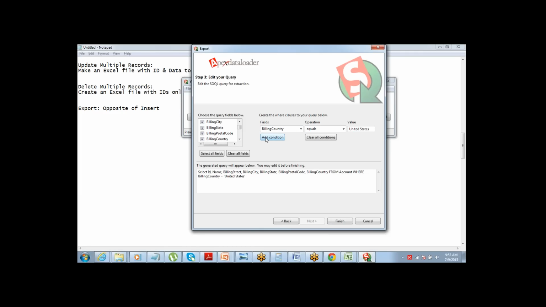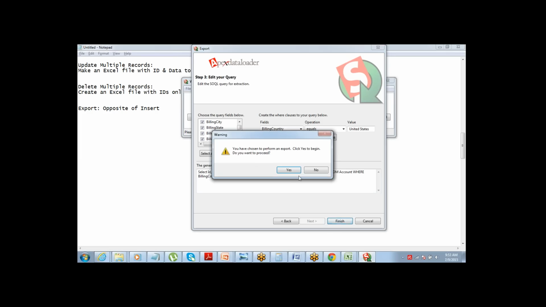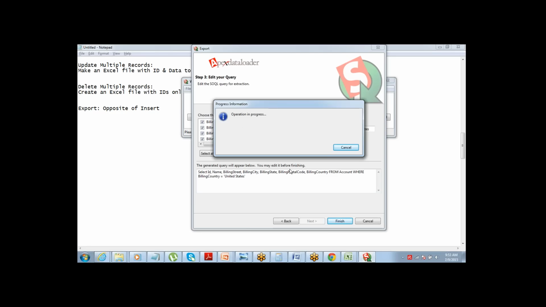Then it gets applied here. Say finish. We have chosen to perform an export. Do you want to proceed? Yes. Now this will create a new CSV file with the data. It will take a minute.